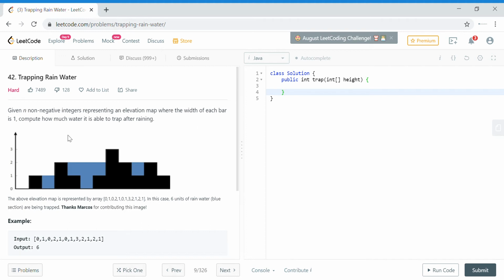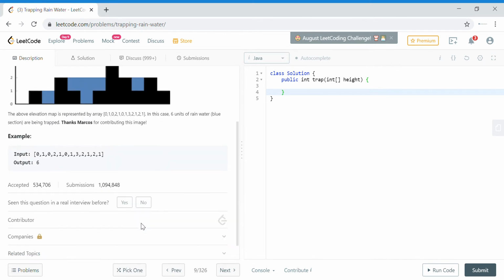So in this particular problem, what we need to find out is how much water is going to be trapped if there is a two-dimensional kind of building that has been given to us, and the width of each of these buildings is constant, which means each bar has a width of 1, and the height of the building is denoted by an array. So the input array will give you the height of each building basically here. And we need to find out how much water is trapped in between all these buildings.